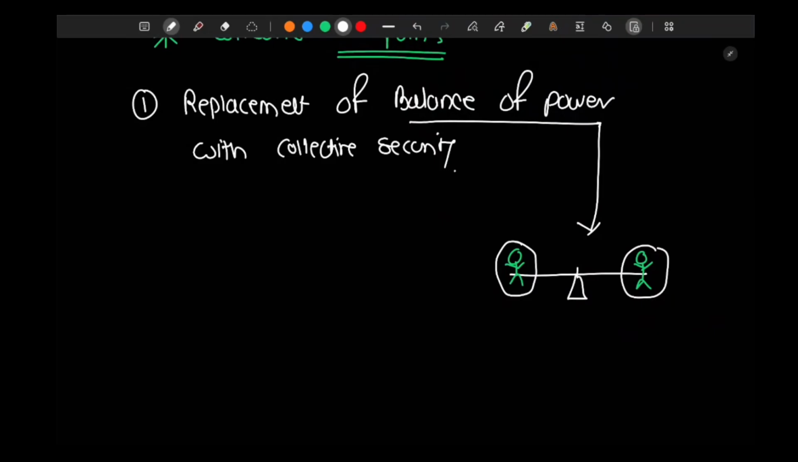Even if one of them is stronger than the other, the seesaw will go to the other side. This is balance of power. On the other hand, collective security is like